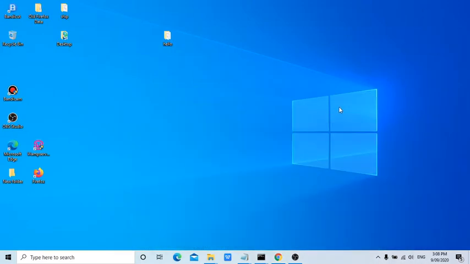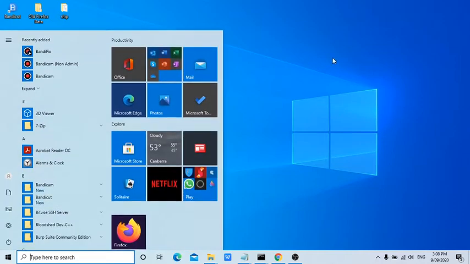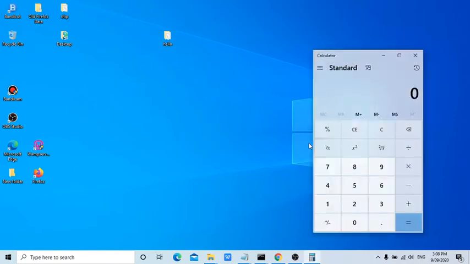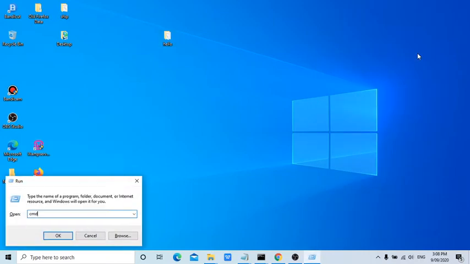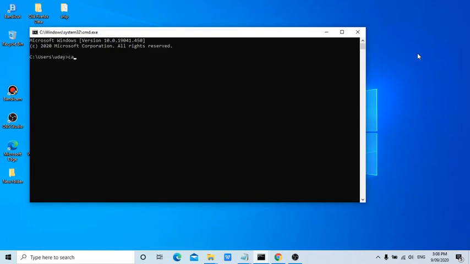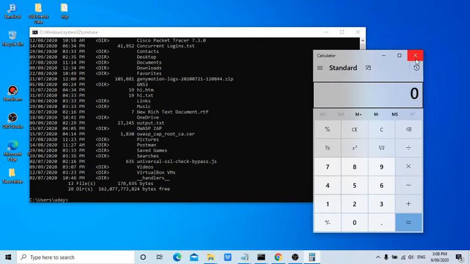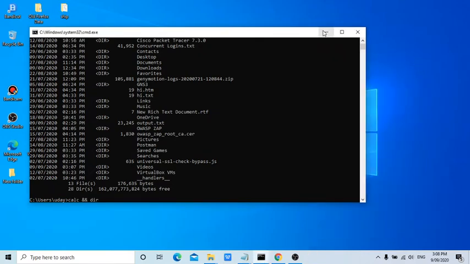Now we'll talk about conditional commands, guys, that is double ampersand. Double ampersand is used when you want to run two commands in the same line, like calc && dir, then both the commands will be running, guys. But when you see, like,